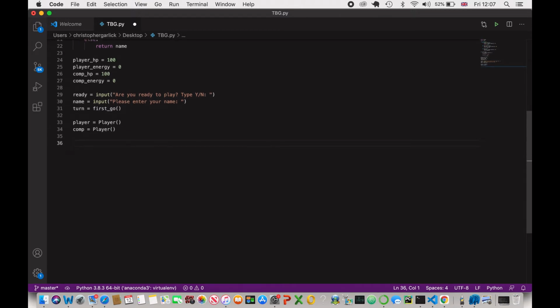Okay, so now that we actually have all our variables created, we now need to create the logic that will make the game flow. And what we are really checking for is for the game to be running whilst both players have health that is above 0. So what we can do is create a while loop and say while player health is greater than 0 and comp health is greater than 0, and then we can just print whoever's go it is. So turn,